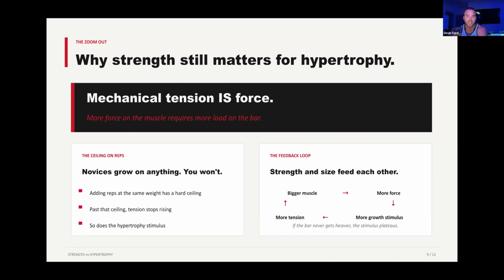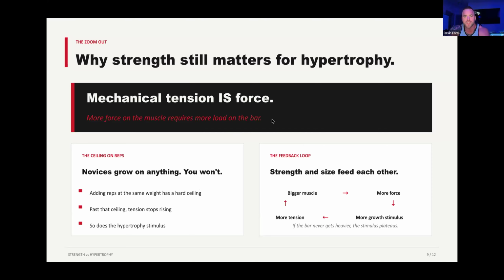So even though we can progress in reps, it's only to a point until we have to start really looking at the weight on the bar, which is why a lot of times for a lot of you guys, if you're going through the reverse diets, the thing is going to be the weight. You're going to have to really focus on the weight going up and up and up, to the point where if you're going in on squat day, it's not like a casual stroll into the gym. It's like, holy fuck, it's squat day. You down the espresso shots, you put the angry music on, you go in and do some shit, right? That's because your nervous system literally has to get amped in order to recruit that muscle, right? So it's going to turn everybody into a psycho.